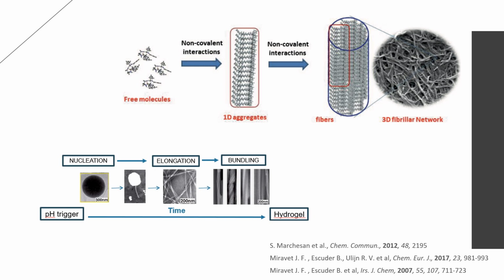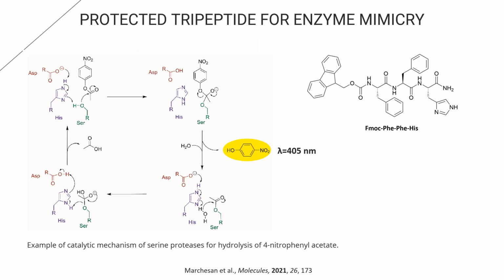In the case of peptides, self-assembly and catalysis can be regulated through the side groups of amino acid residues, depending on the pH of the reaction leading to fibril formation. Tripeptides such as FMOC-FIFI-IS have been proposed to perform catalysis, but the potential in vivo toxicity of groups such as FMOC in biomaterials has also been suggested.